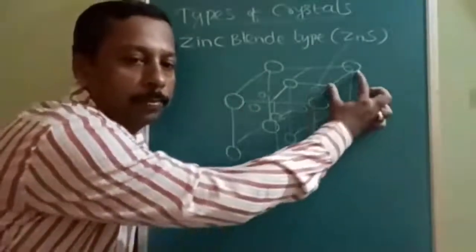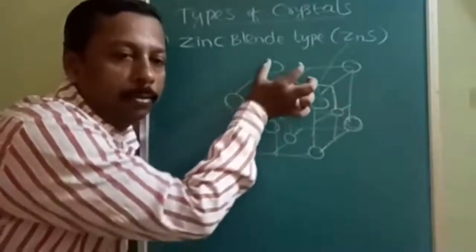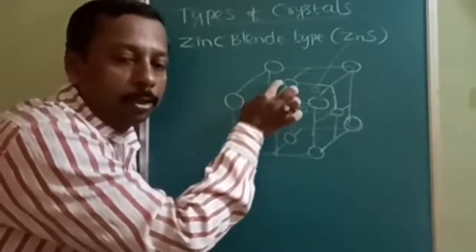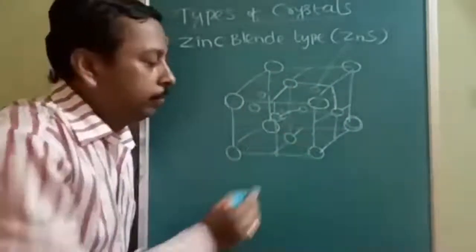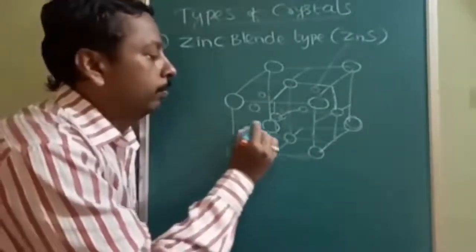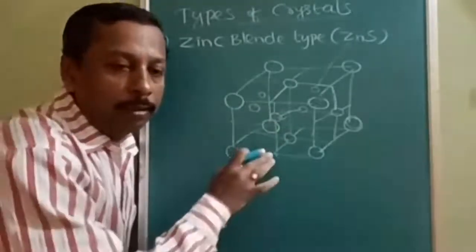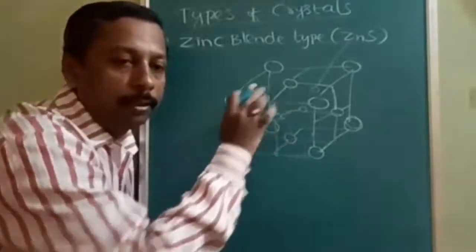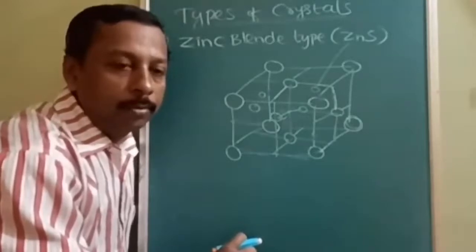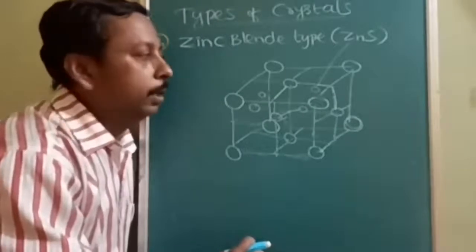This whole thing is the cube. Now only this part is a minor cube, only this part, only this part. So how many minor cubes are there in total? At the top 4, at the bottom also 4. From here to here it is a minor cube, from here to here it is a minor cube, from here to here it is a top minor cube. Like that there will be 4 minor cubes at the bottom and 4 minor cubes at the top. So total 8 minor cubes. Out of 8 minor cubes, the body centers of alternate minor cubes will be Zn2 positive.